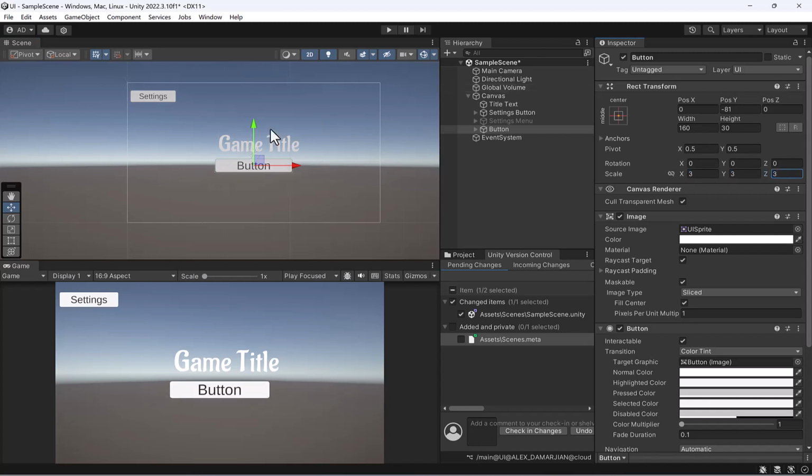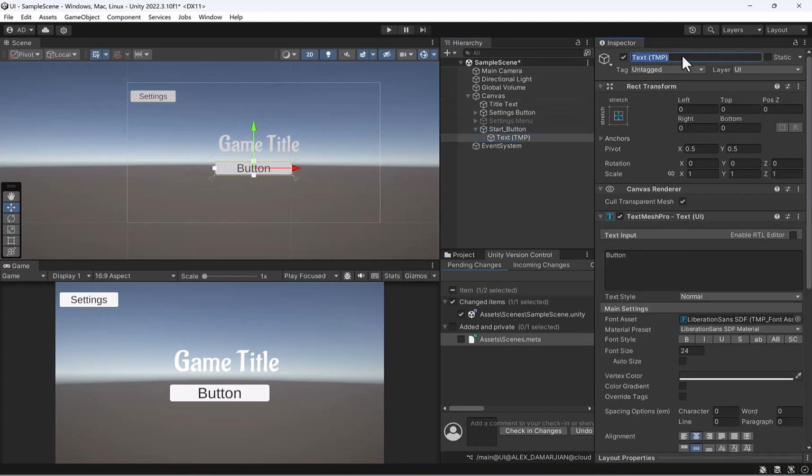There we go. And we're going to call this start button. And I'm going to change the text inside of this button to start underscore text. Now, the thing to notice, and let's actually just change the text here to start. What we're going to do is